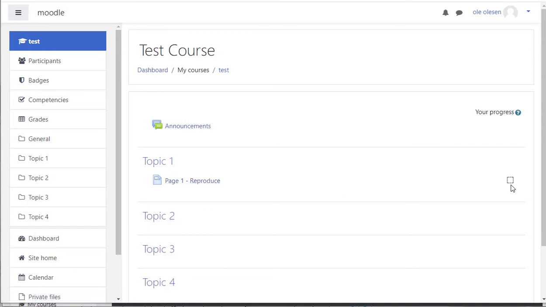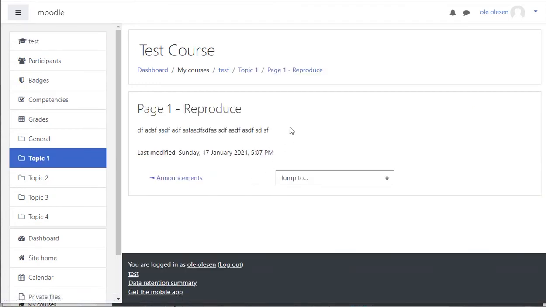It's not marked as done yet, so we enter the activity here, and here is the text I wrote, which I suppose the student is able to reproduce. It could be somewhat hard, though, but I don't care. It's not the scope of this presentation to take care of that. So I would like to conclude that when the student sees this, I define it that he is also able to reproduce it, because now